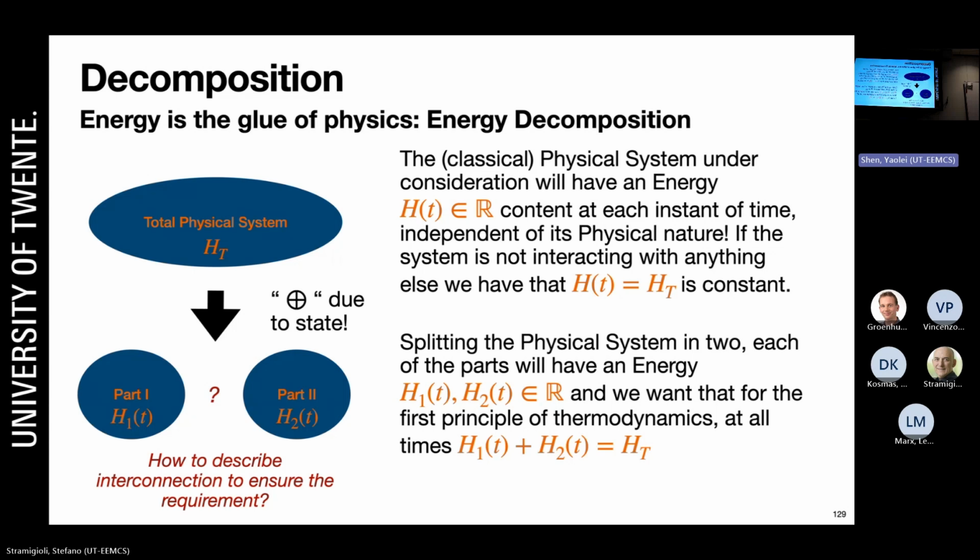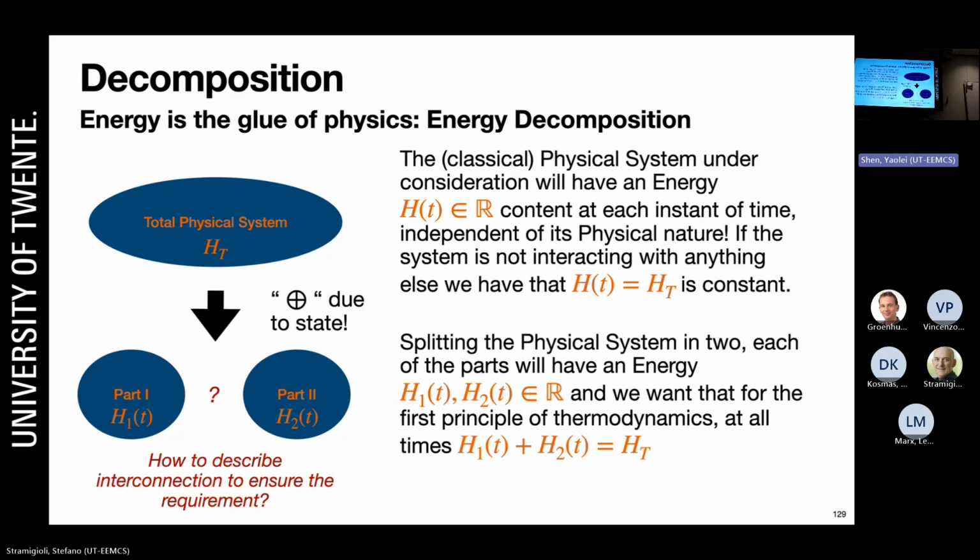Okay, that's the question. And what we want is that this structure should be such that it's able to preserve this energy. So in the sense that if you have a total energy, then you know that once you decompose, you can associate an energy to this part and an energy to this part. Because this block is the abstraction of that part of the physical system. You want to associate an energy, and if you want to do this, you want the sum of these two to be the previous one,